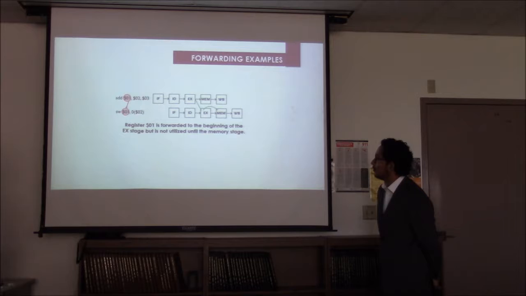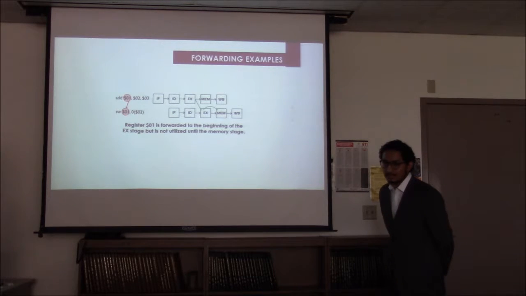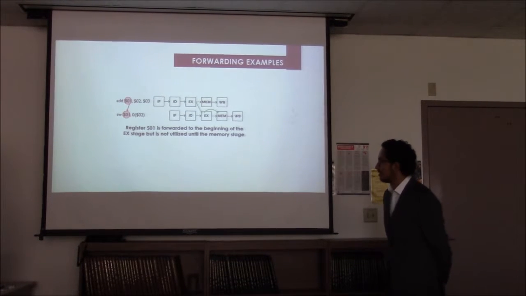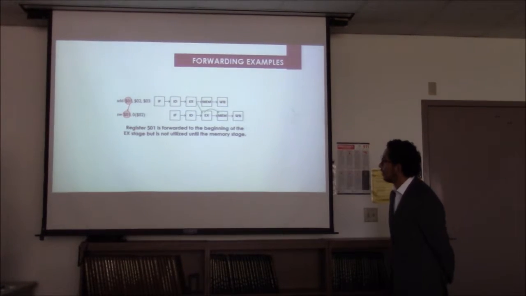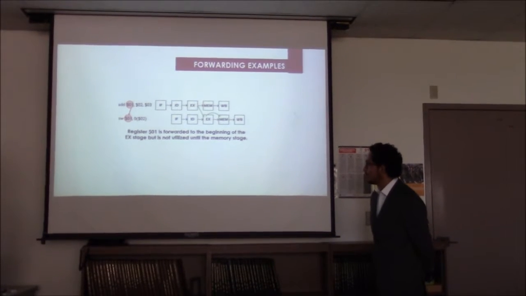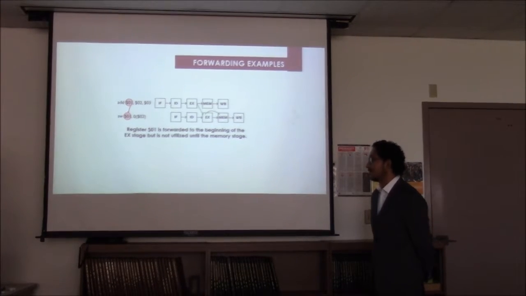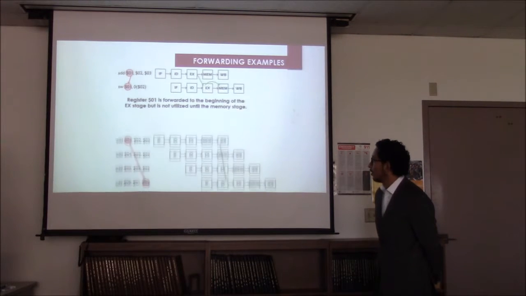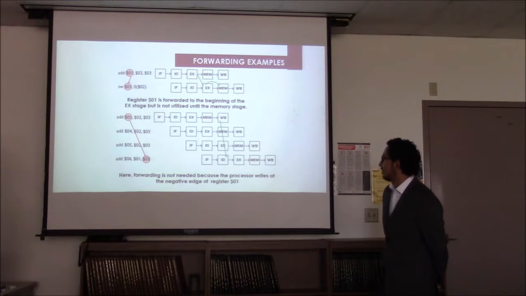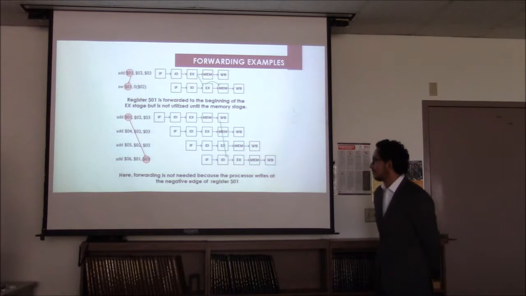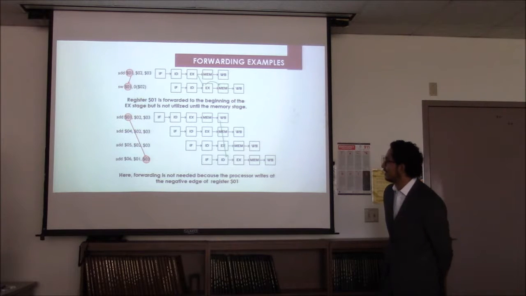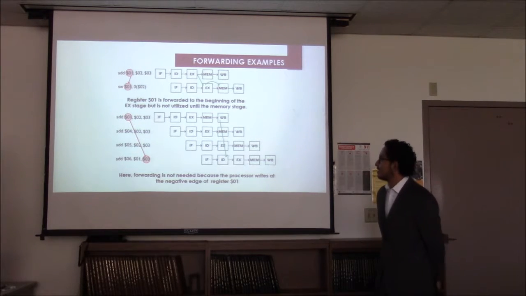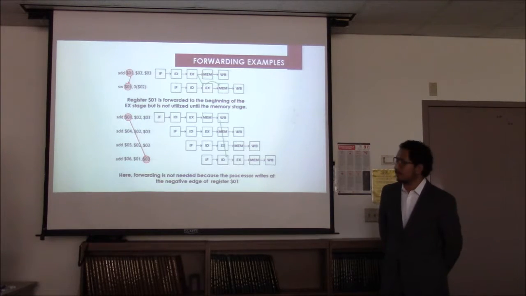So in this example, register 1 is a data dependency, again, but it's being used in the store word as the data being stored. So the data is forwarded from the end of the execution state to the beginning of the next execution state, but it's not actually being used until the memory stage. And finally, in this case, register 1 is also a data dependency, but the forwarding unit does not have to take care of it because the data is being written at the negative edge of the clock in the write-back state, and it will be available in the instruction decode